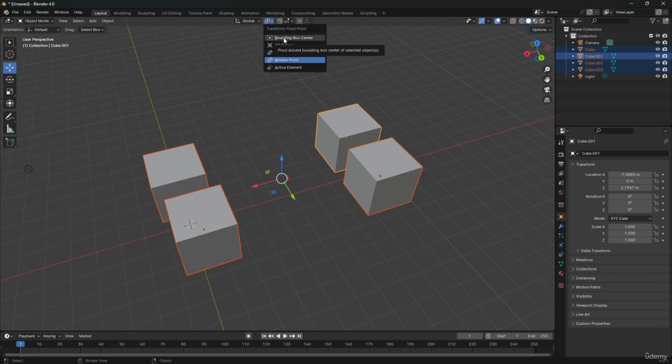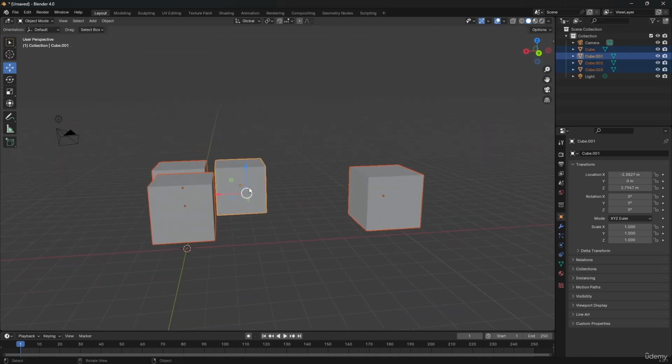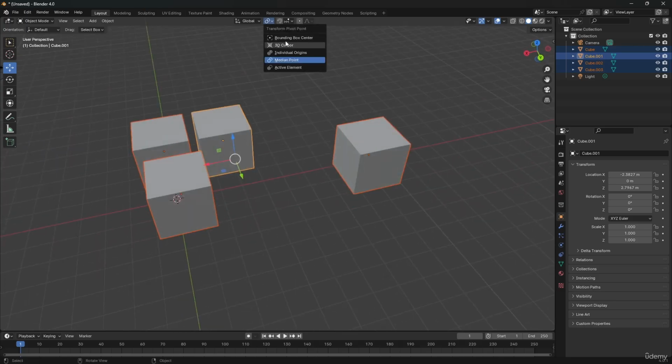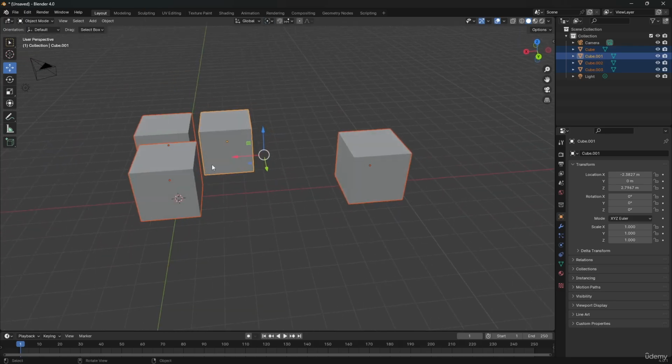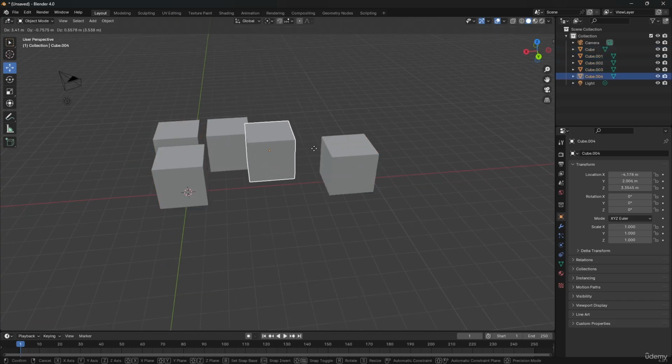Now we have this bounding box option. This is going to be like, for example, if we go here and let's make a selection. So now you can see that this is not exactly in the center because it's using median point. But if we go ahead and switch it to bounding box, now you can see it sort of moves back to center. So what's happening here is that, just to demonstrate, let's press Shift D to duplicate and move it